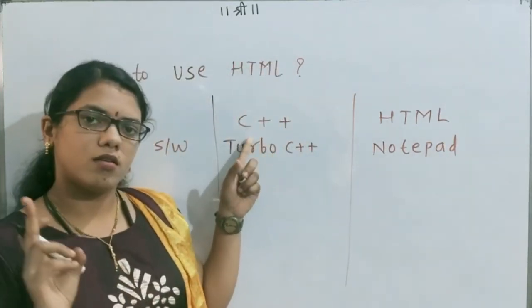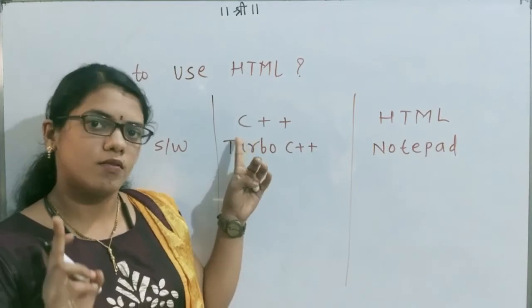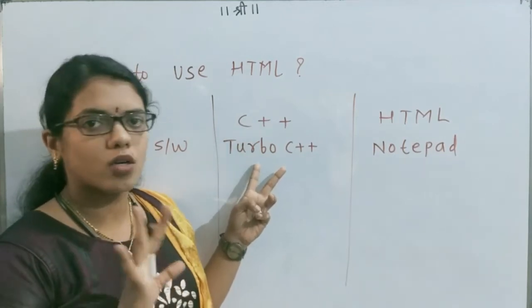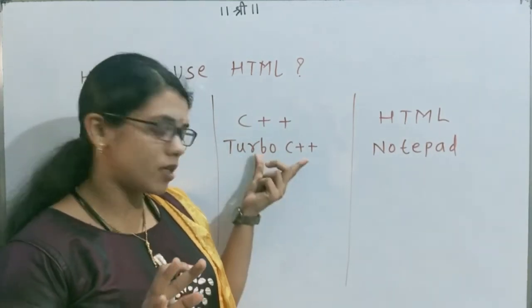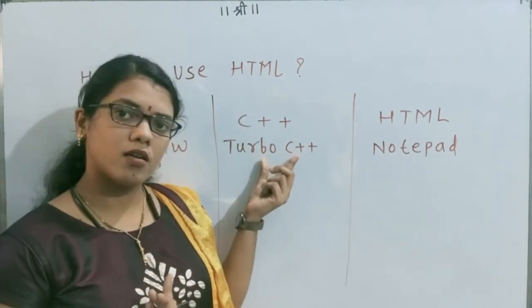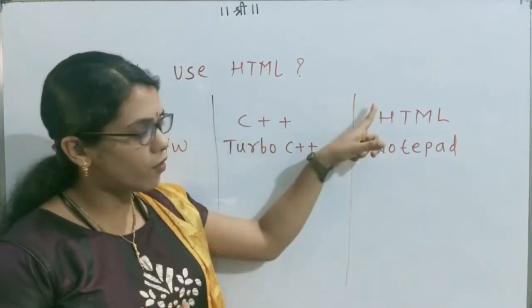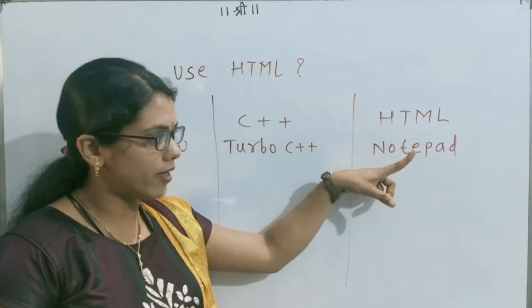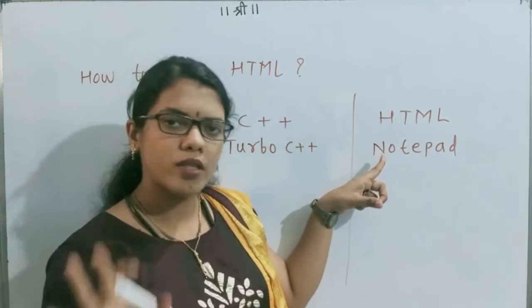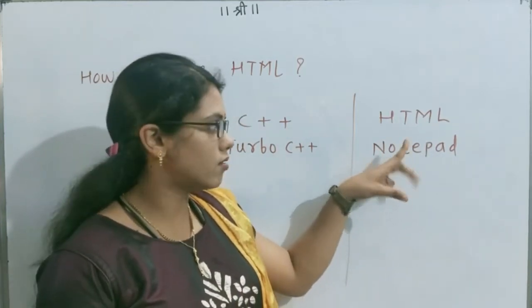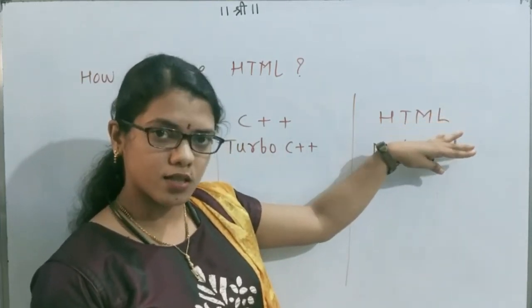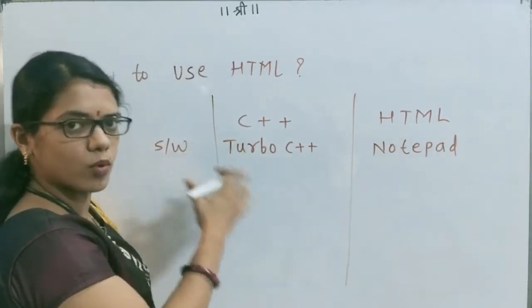See, when we study C++, for that programming language we require special software. That software is not available inside our computer system. Sometimes we share that software with our friends or others, sometimes we download it directly from the internet. But for the HTML programming language, the Notepad software is already present inside our computer system. So there is no need to buy any special software. Notepad is easily available, so HTML programming is easy to perform as compared to any other programming language.